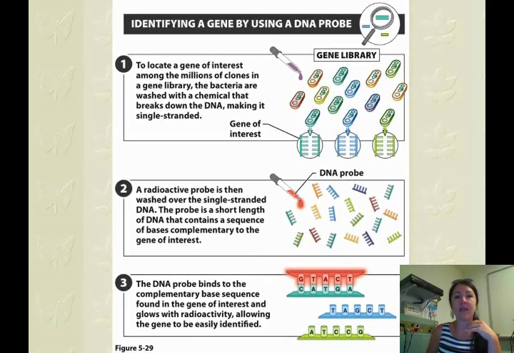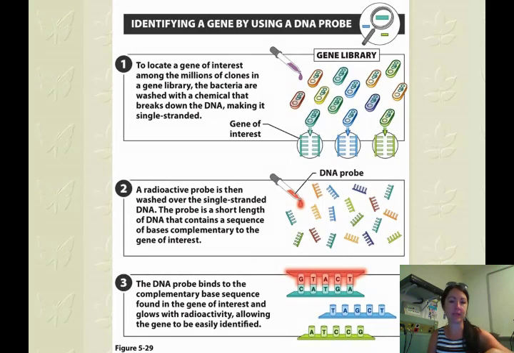And then we can identify the genes by using a DNA probe. So locate the gene of interest among the millions of clones in the gene library. The bacteria are washed with a chemical that breaks down the DNA, making it single-stranded. So we basically break apart all of those bacteria that we've created, and then break apart all of those strands of DNA, and then they put a radioactive probe inside of all those single strands of DNA, and it's washed